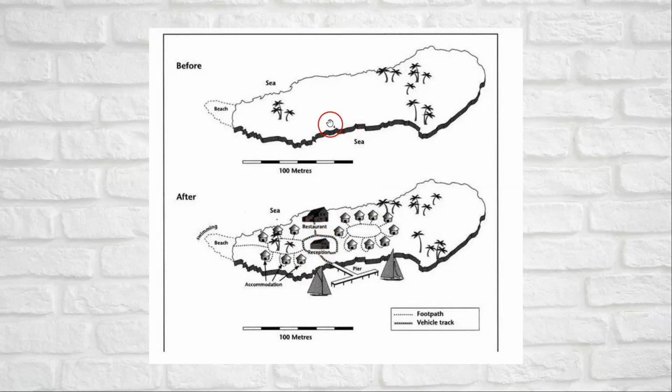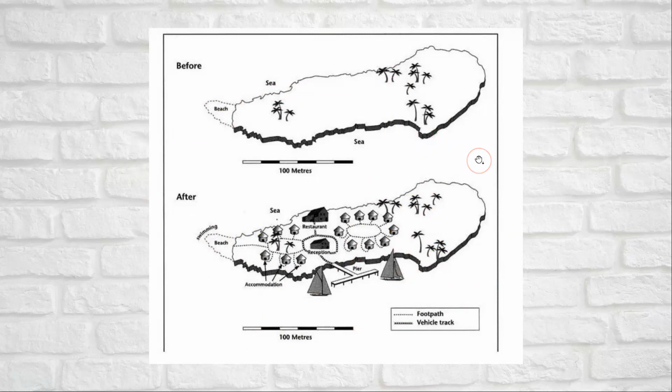There is a reception which was not present before. There's a restaurant, then there are accommodation facilities, there is swimming facility at the beach, then there is a pier with 2 boats, and then there is a footpath and a vehicle track. So all of these are changes that took place in the island after the redevelopment, and none of these things were present before. So you are required to actually understand the question and see what changes took place, and you are also required to prioritize which change to include in your answer sheet and which to exclude. So this is just a sample question so that you have an idea of what's there in